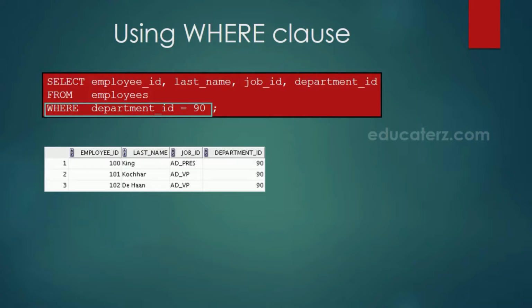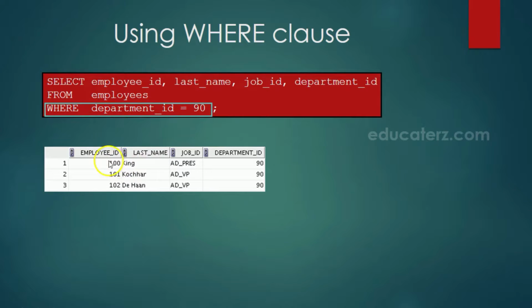Let us take an example. I want to select employee ID, last name, job ID, and department ID of all the employees belonging to department ID 90. So I write the select query like this. Select employee ID, last name, job ID, department ID from employees table where department ID is equal to 90.